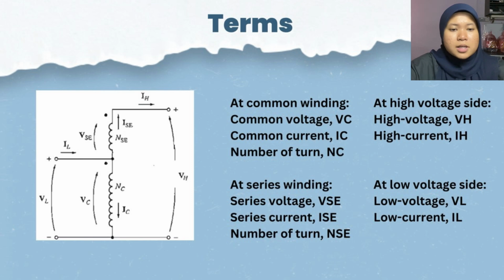Moving on to the terms, at the common winding, we have common voltage, common current, and number of turns at common windings. And at the series winding, we have the series voltage, series current, and number of turns at series windings. Autotransformer has two sides, which are high voltage side and low voltage side. High voltage side, we have high voltage and high current, and